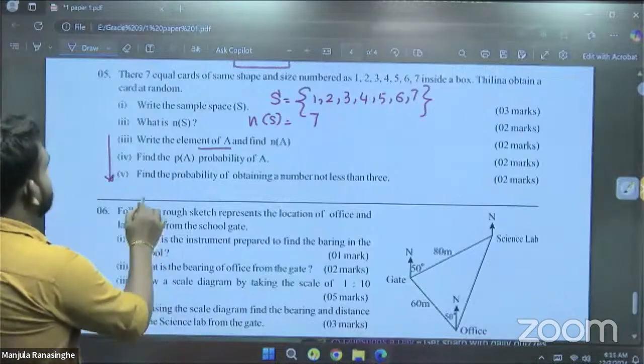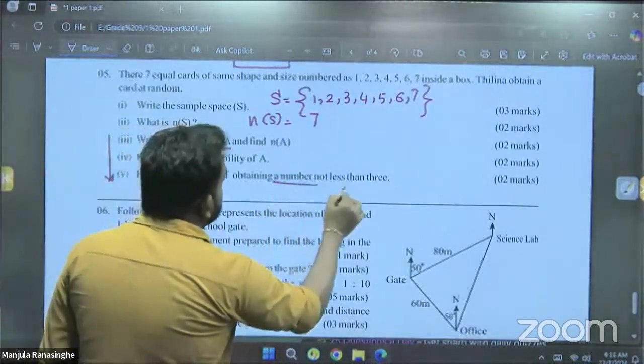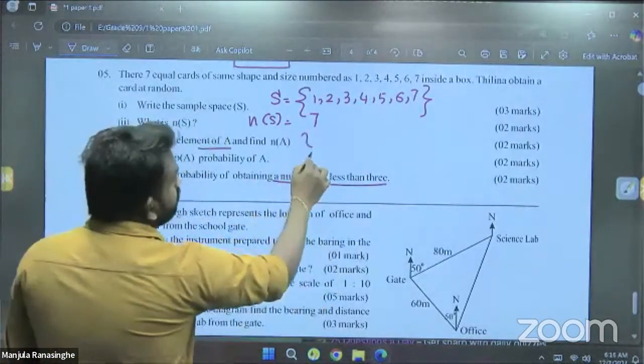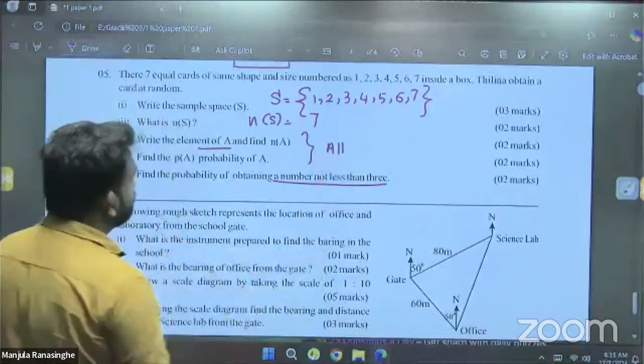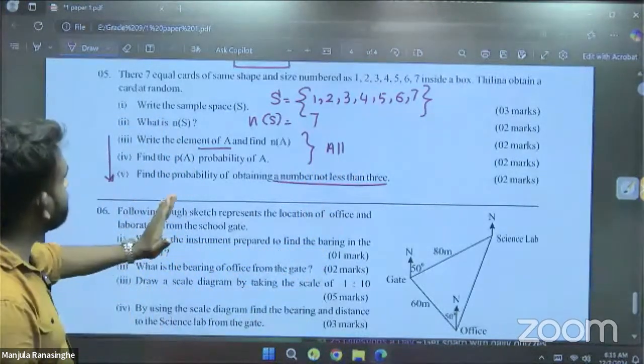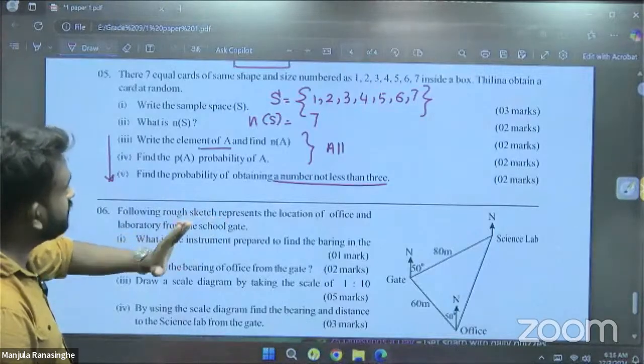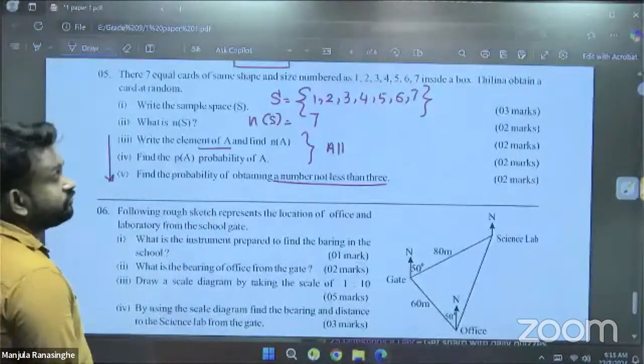Here we can see: find the probability of obtaining a number not less than 3. I will give all the marks for the earlier part, because A is not given. Find the probability of obtaining a number not less than 3. Not less than 3 means